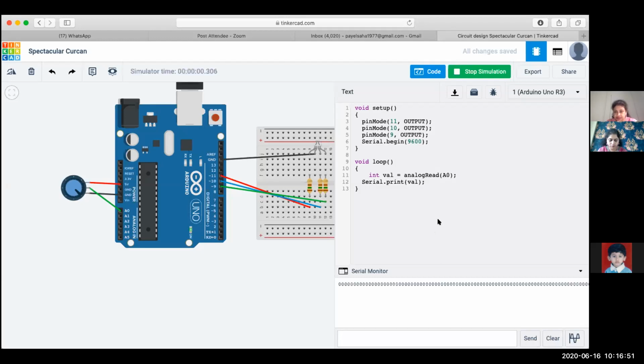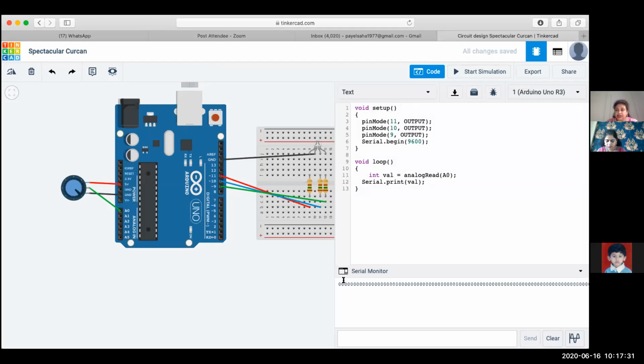Do you see the value 0 is getting printed repeatedly, one after another? That is because the program is continuously running, outputting 0 one after another. I do not want the zeros coming in horizontal fashion. I want the values in different lines, one after another. For that, I'll stop the simulation. Remember, I cannot make any changes in the code when the simulation is running. I have to stop the simulation and then only I can change the code.